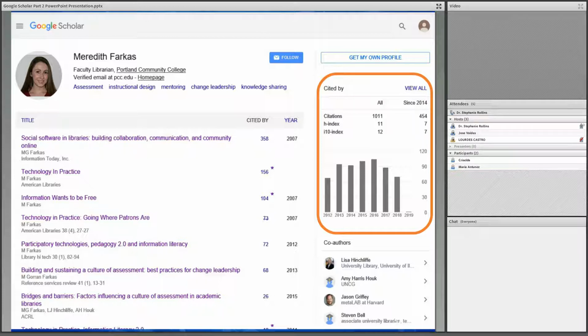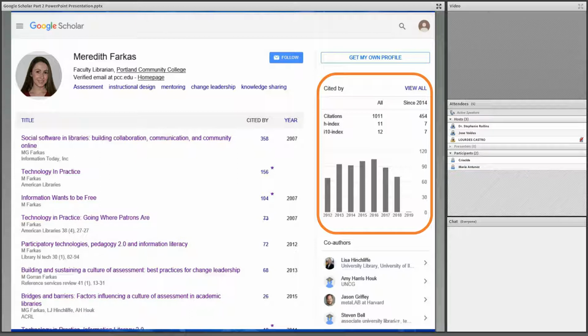If you look over here to the right-hand side, you'll see we've got some things here. We've got the H-index and we've got the I-10 index. They don't use the G-index here. But I just wanted to mention that so you know that there are different kinds. So if you look here, she's got